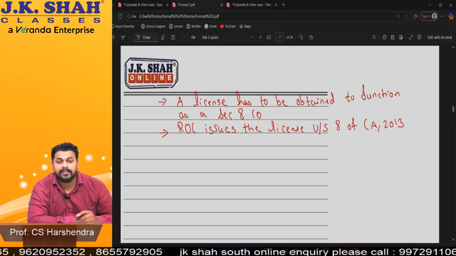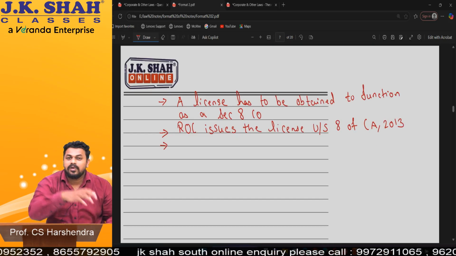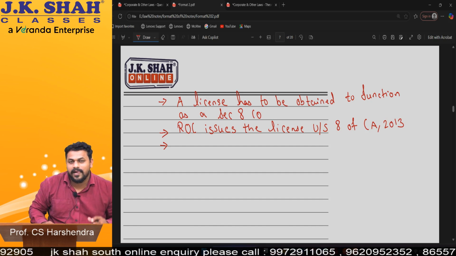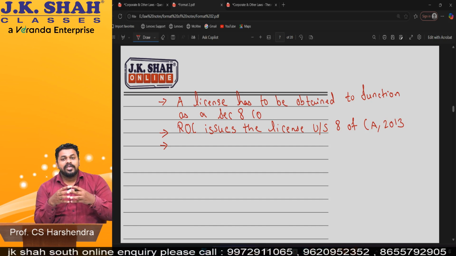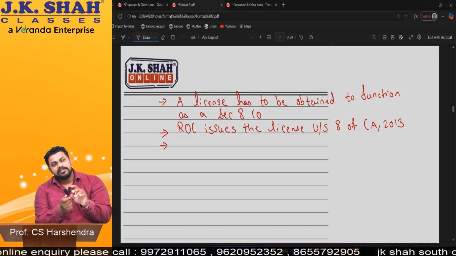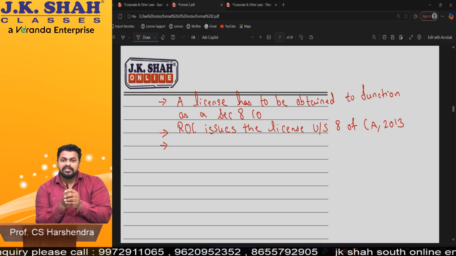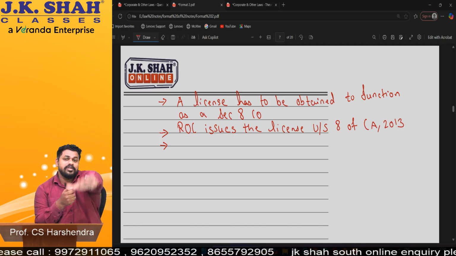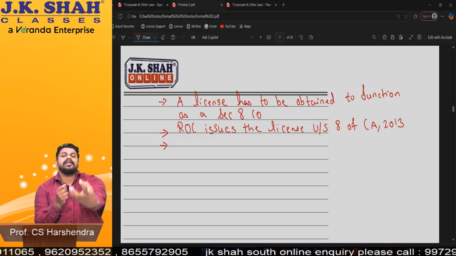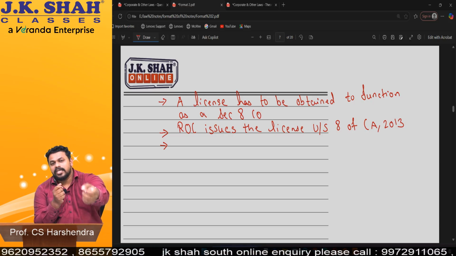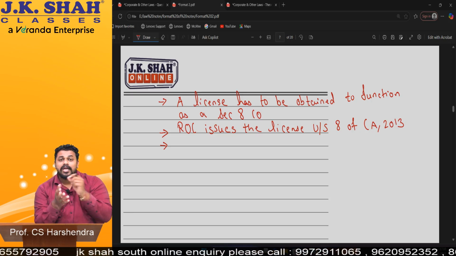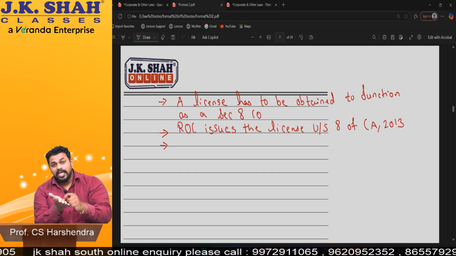Am I clear? Now this is not a normal license, like going to DMart and asking for three licenses. You have to give an affidavit on a stamp paper, which the directors have to write. Do you know what an affidavit is? You might have seen it in movies: in a court scene, a witness puts his hand on the Bhagavad Gita and says whatever I tell will be true to the best of my knowledge. That is called swearing. If you do it orally, it is swearing. If you give it in writing, that is an affidavit. Written swearing is an affidavit. So on a stamp paper, directors have to give an affidavit, a declaration. That was three declarations.